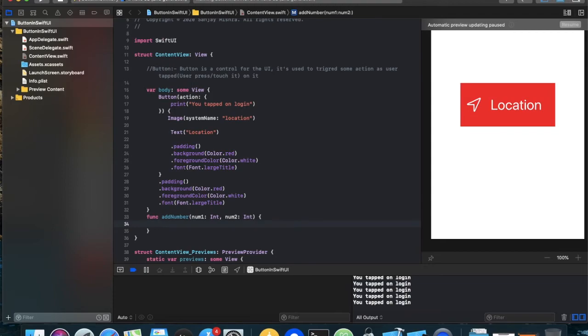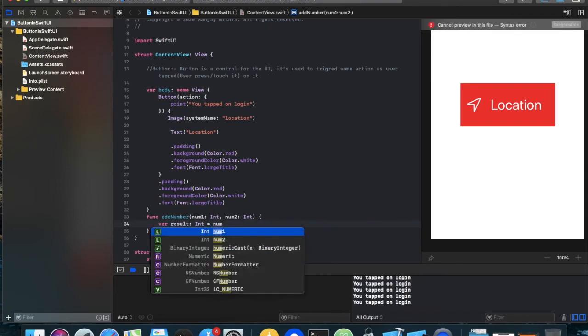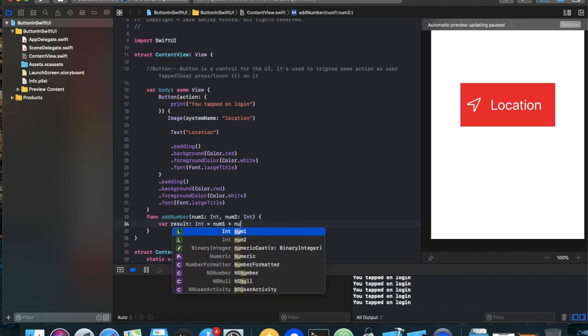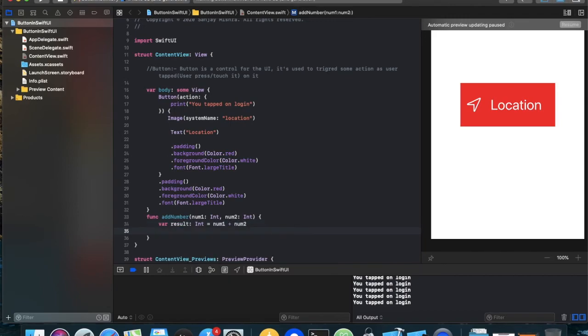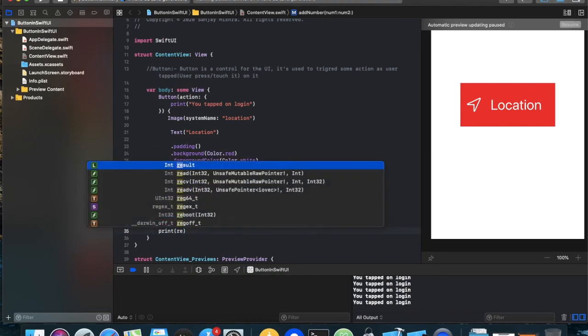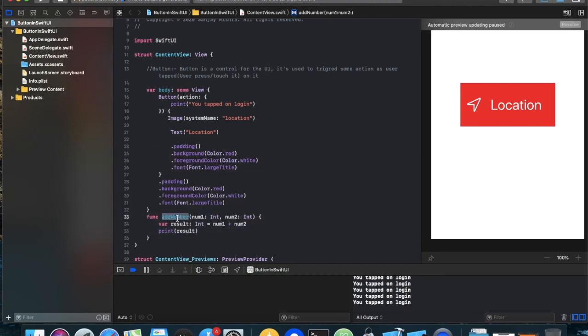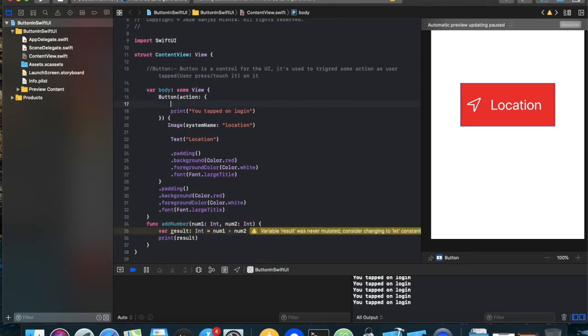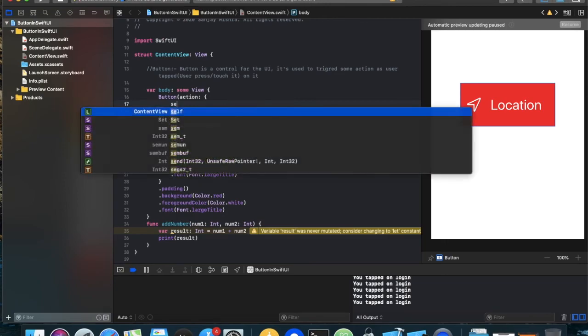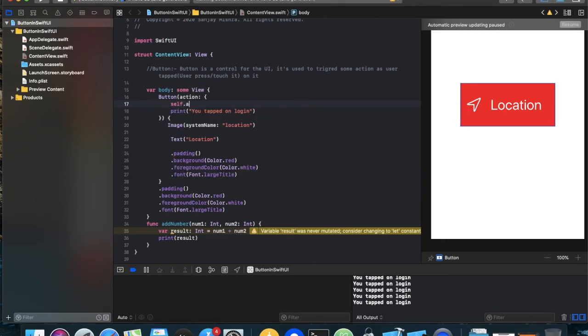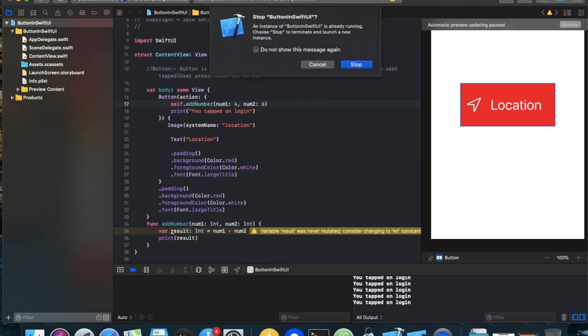For the result of type Int, equal to num1 plus num2. Then we'll just print the result here for testing purposes. We'll execute this function in the action area, and we'll pass 4 and 6. Run the application.